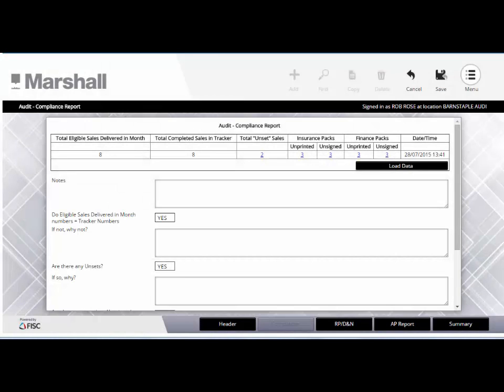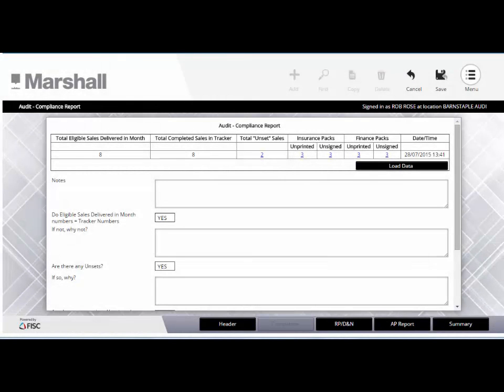Now, in our working example, despite the fact that our eligible sales and total completed sales show us the correct number, we have created a number of other anomalies to show you how these can be investigated. The first of these is the column labelled Total Unset Sales, where you can see we have the figure of 2. An unset sale is the system's label given to any incomplete records within the tracker, and these will need